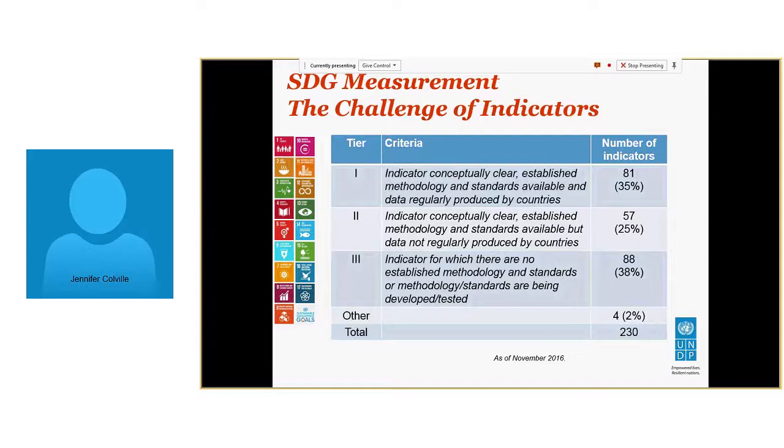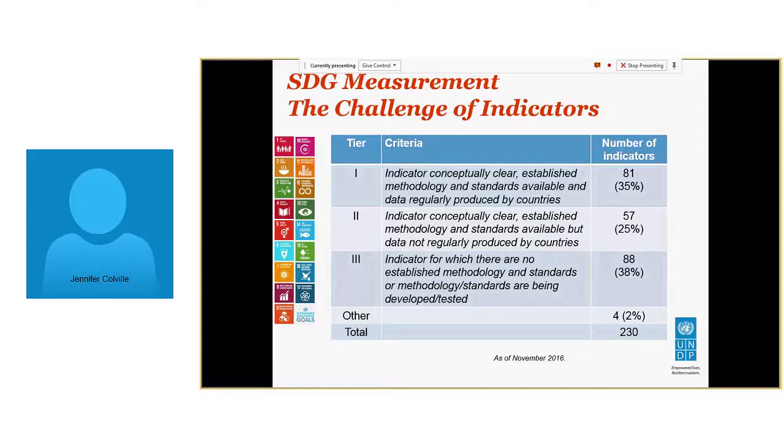but basically the concept of the Tier 3 indicator, the tiers, is that 1, we understand the indicator and we've got a methodology for measuring it. 2, we have a methodology, but we're not really sure we're going to get the data. And 3 is, we don't have a methodology, we don't have standards, we don't have a framework, we have no idea how we're going to measure this. And that is fertile ground for innovation.